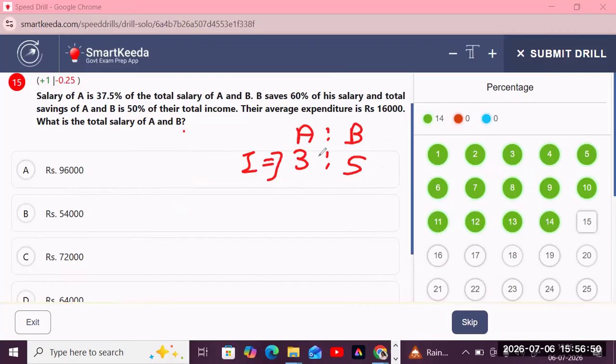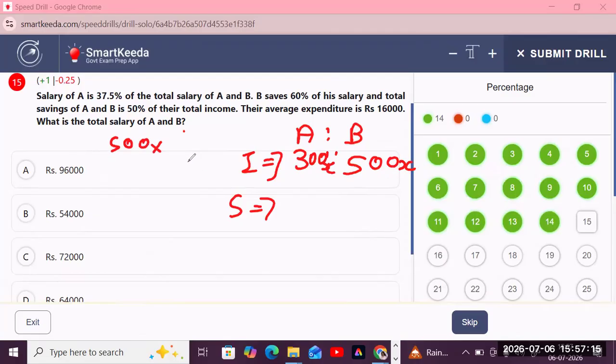B saves 60% of his salary and total savings of A and B is savings. Okay, तो इसको मैंने 500 ले लिया इसको मैंने 500, इसके सेविंग्स कितने हैं x